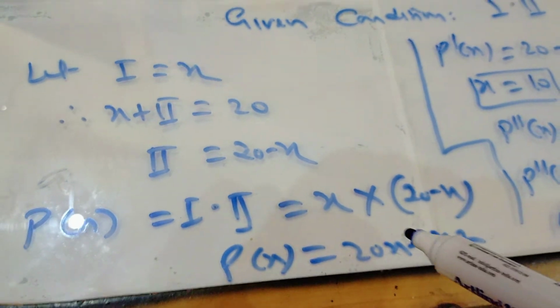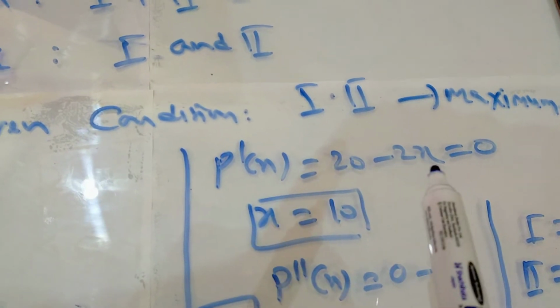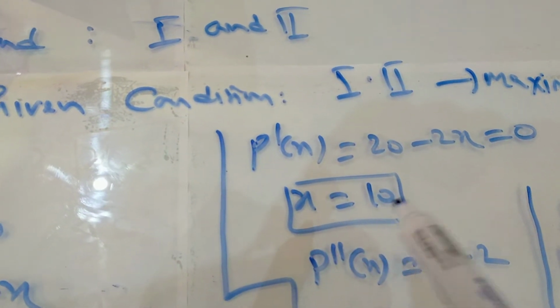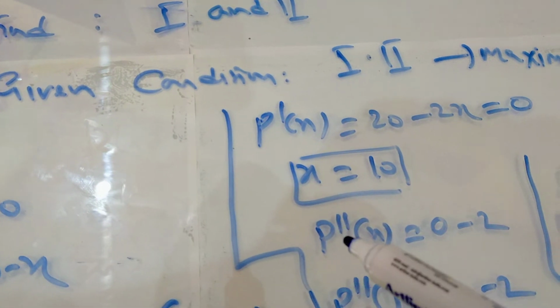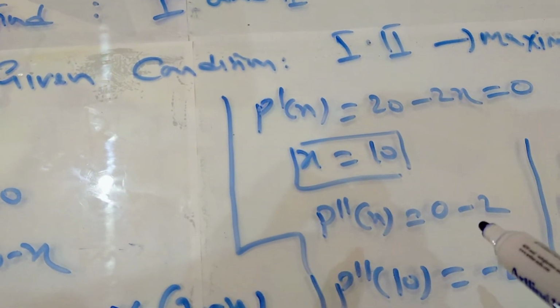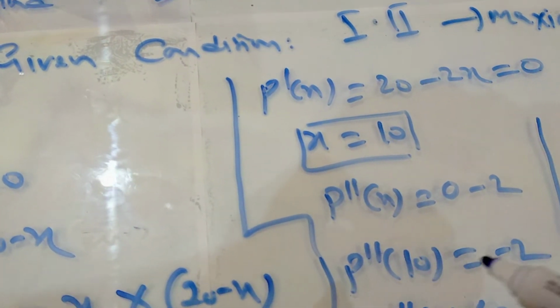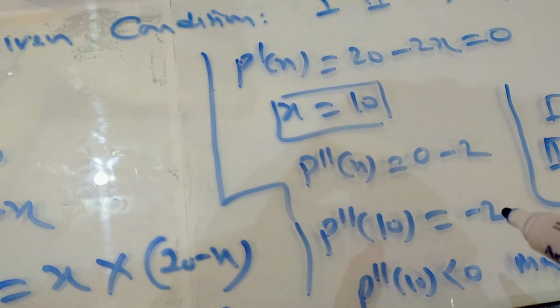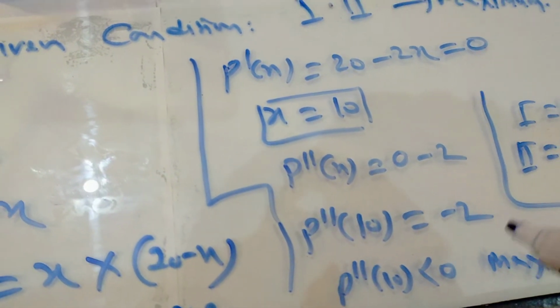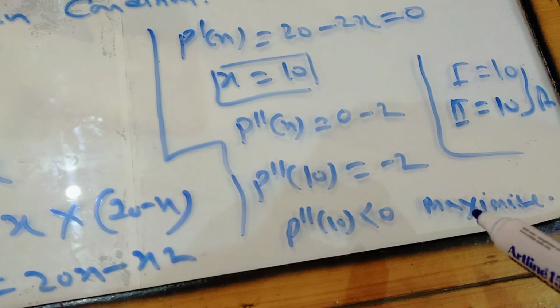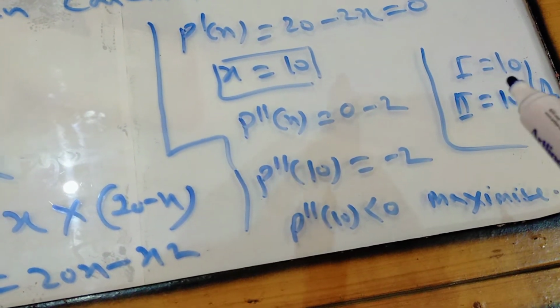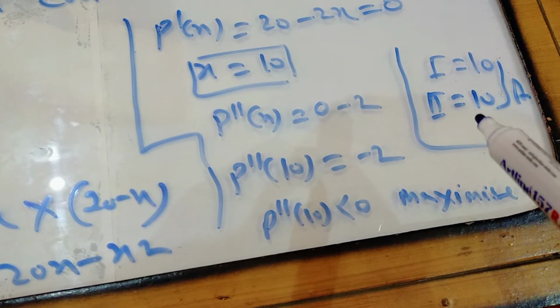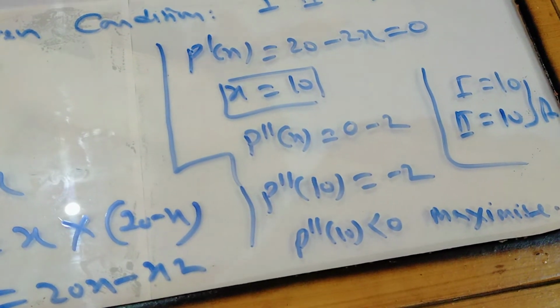This is called the first step. Now in the second step I differentiated it, p dash x, I got 20 minus 2x. Through this I got x is equal to 10, and I differentiated once more and got minus 2. If in the double differentiation I put x is 10, there is no effect of x, because x is not available. So it will give a negative value only. Negative value means the product is maximum for x is equal to 10. So the second number is 20 minus 10, it is also 10. So both the numbers are 10 and 10.